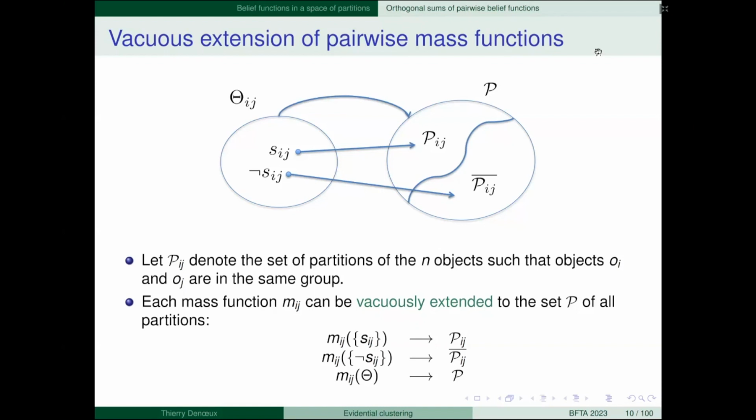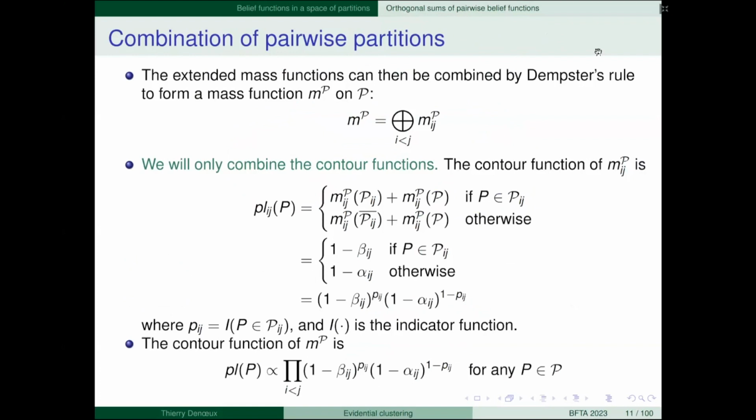So we will do this vacuous extension operation that we have seen yesterday. So the mass assigned to Sij is transferred to Pij, this set of partitions. The mass on not Sij is transferred to the complement, and the mass on theta ij is transferred to the whole set P. Now we have as many of these pairwise mass functions as pairs of objects, which is n times n minus 1 over 2, and we can combine them by Dempster's rule.